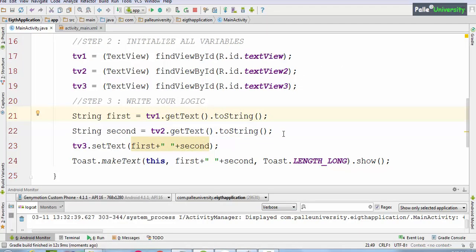I repeat, NullPointerException is the most commonly made mistake in programs. Fixing NullPointerException is very easy. You have to go to that line and look for a dot operator. Observe the left hand side. Most probably that variable is not initialized properly. That might be the root cause for the NullPointerException. So I hope you understood how to use the Logcat tool to fix crashes. In the ongoing sessions, I'll be discussing more about using the Logcat tool.